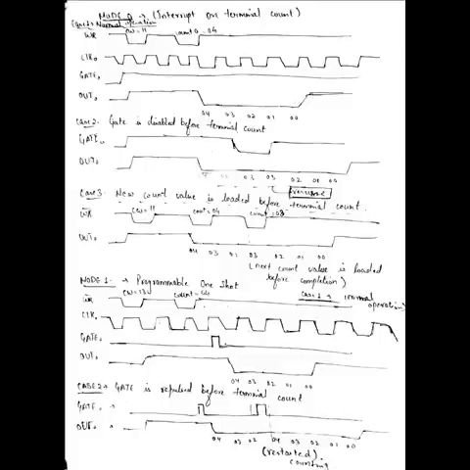The last mode we will be discussing now is the hardware triggered strobe. It is similar to the software triggered strobe, with the difference that the counting is triggered by the gate input signal and not by writing of the count value by the software. This means if we do not give the gate input signal externally through the hardware, then the counting will not be started. So it is known as hardware triggered strobe, and the rest of the operation is the same as mode 4, that is, software triggered strobe.